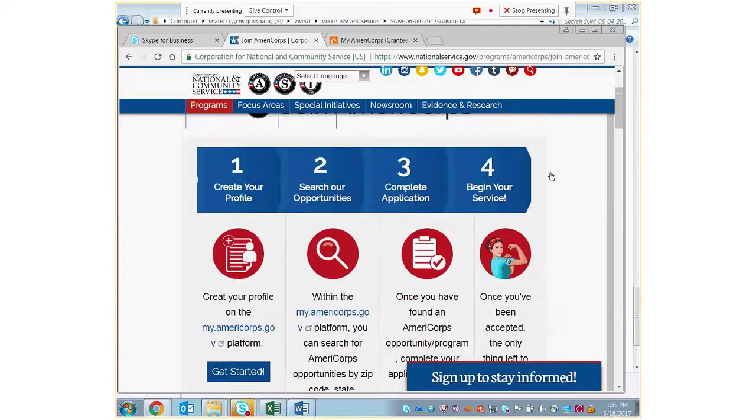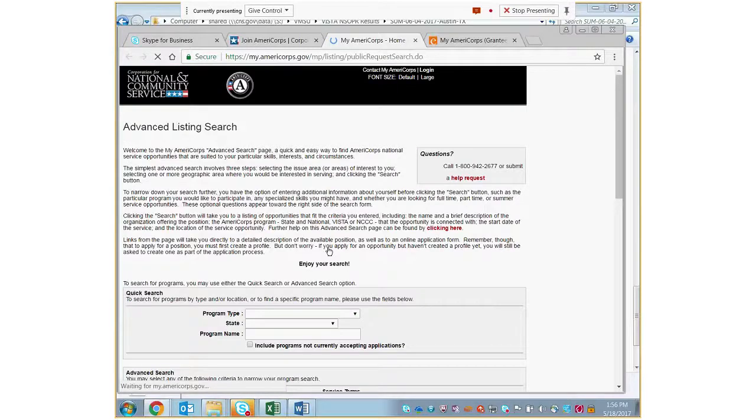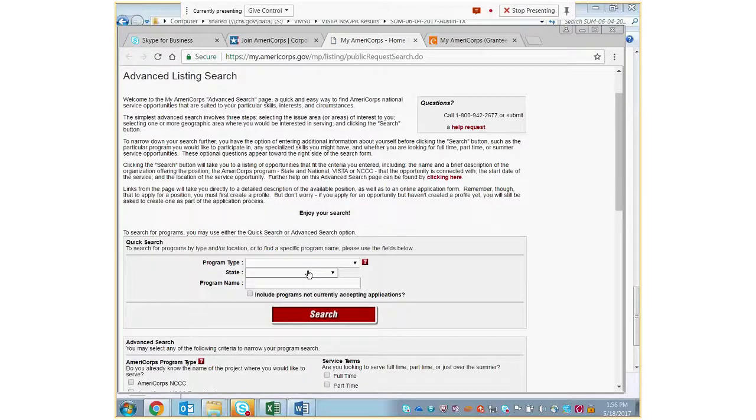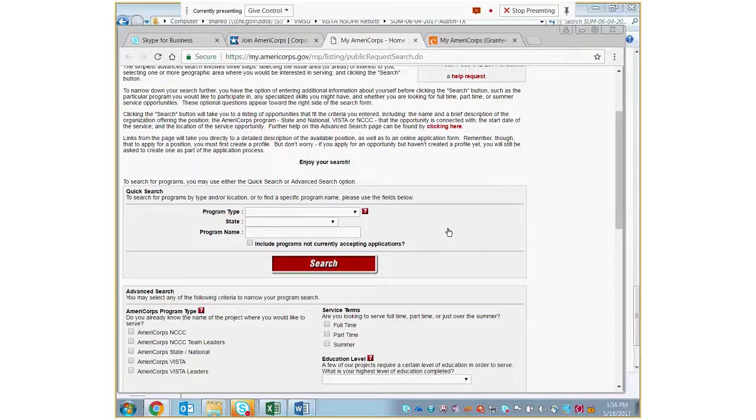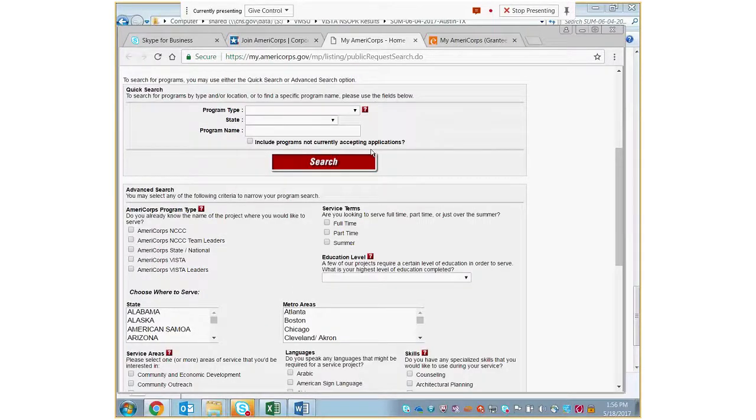Now, what applicants see when they're looking for opportunity listings is they're going to click on the Search Opportunity Listing link. I'm going to take California in general as the state I'm going to look at for searching for opportunity listings. We're going to say somebody is interested in VISTA. They're going to come to this page.